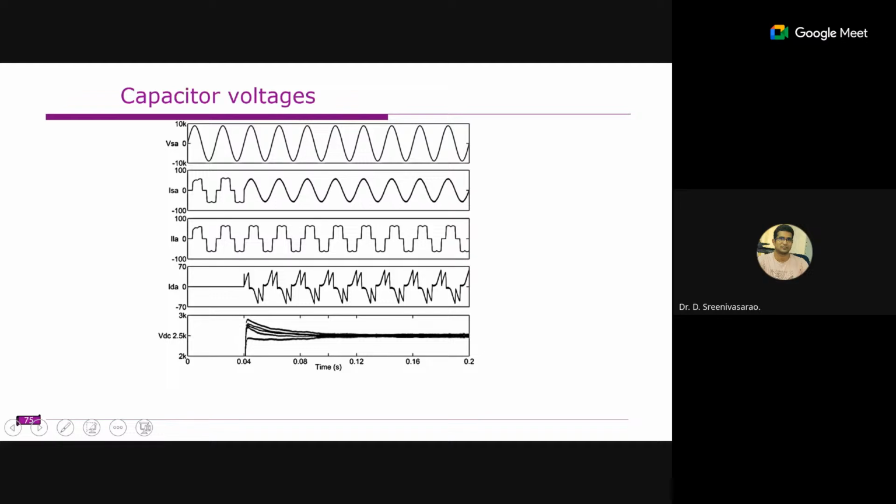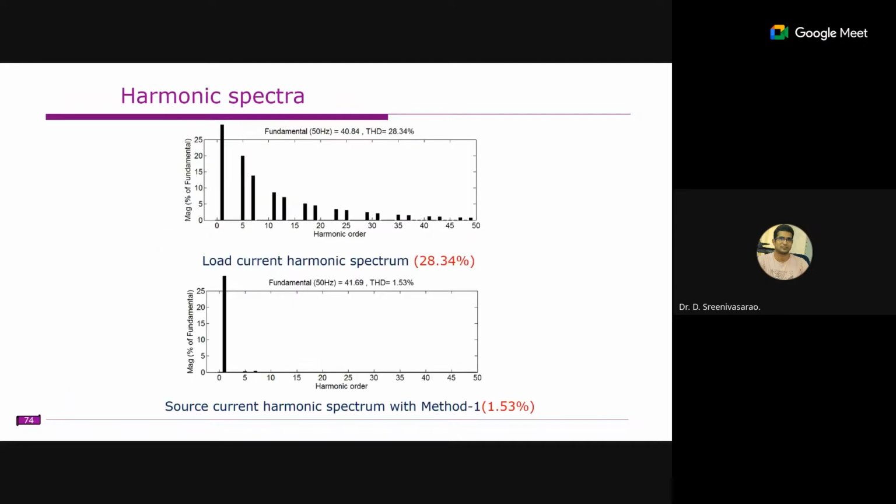So these are the capacitor voltages. This is for the 11 kV system I used, right? So this is the voltage here, and this is the source current. I connected a D-STATCOM at some 0.04 seconds. These are the load currents, and this is the D-STATCOM currents, and these are the capacitor voltages in a phase. You have 5 capacitor voltages, 1, 2, 3, 4, 5 here, and all the capacitors are maintained at 2500 volts. I used only 5 H bridges per phase.